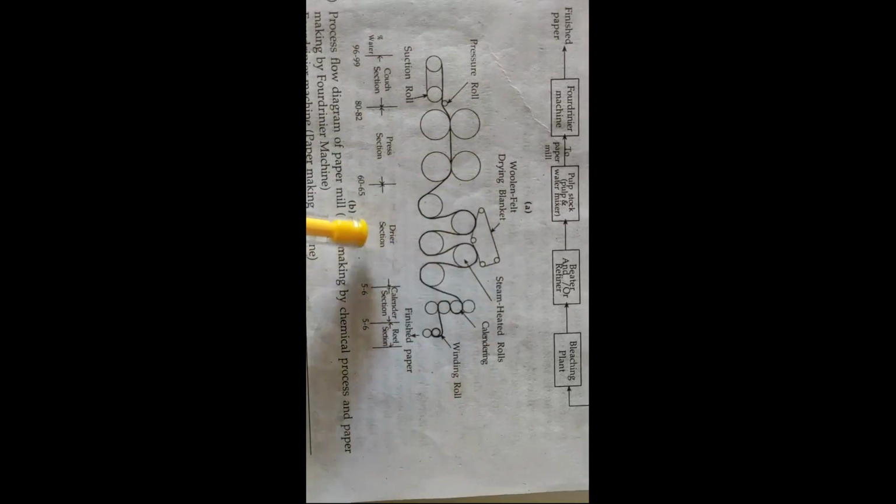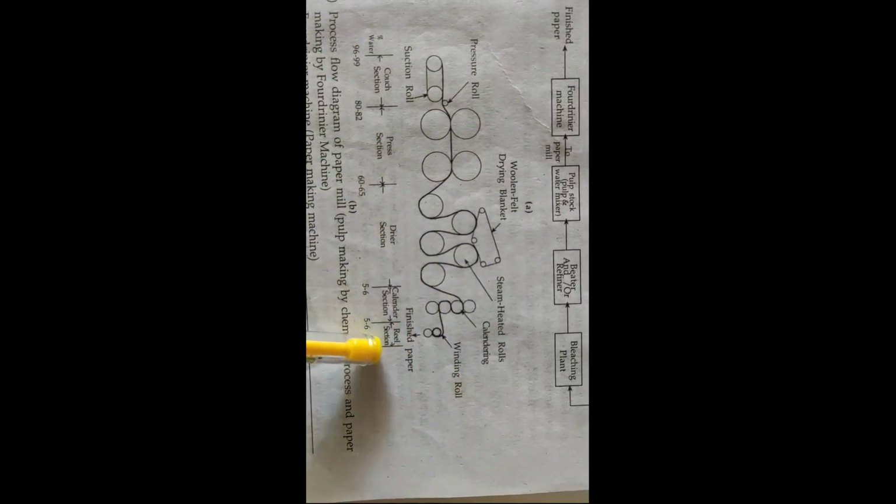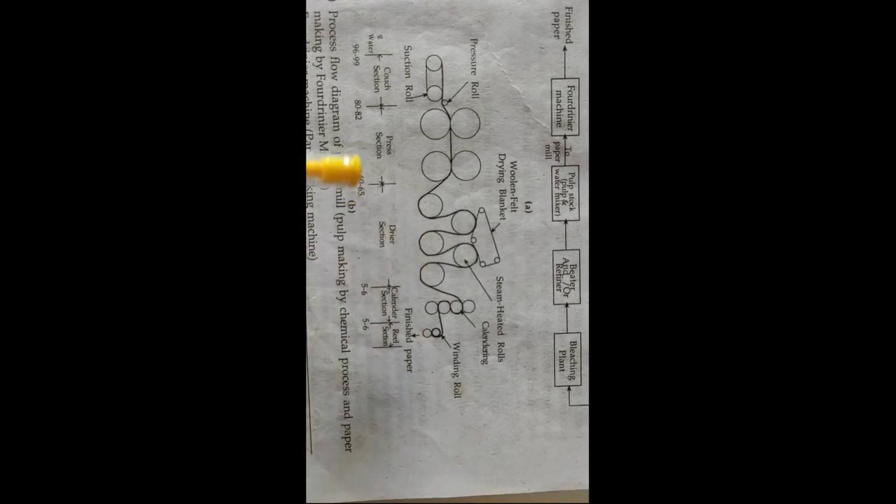Okay, so again this section is called a dryer section. Again this is a calendar section and this is a reel section. Okay, so we will study one by one. So what is a couch section? In the couch section, a small amount of water